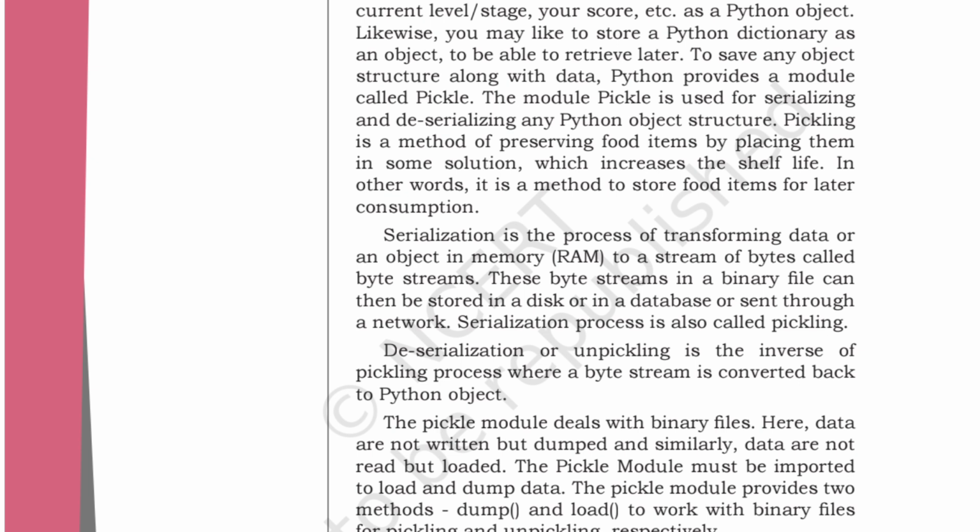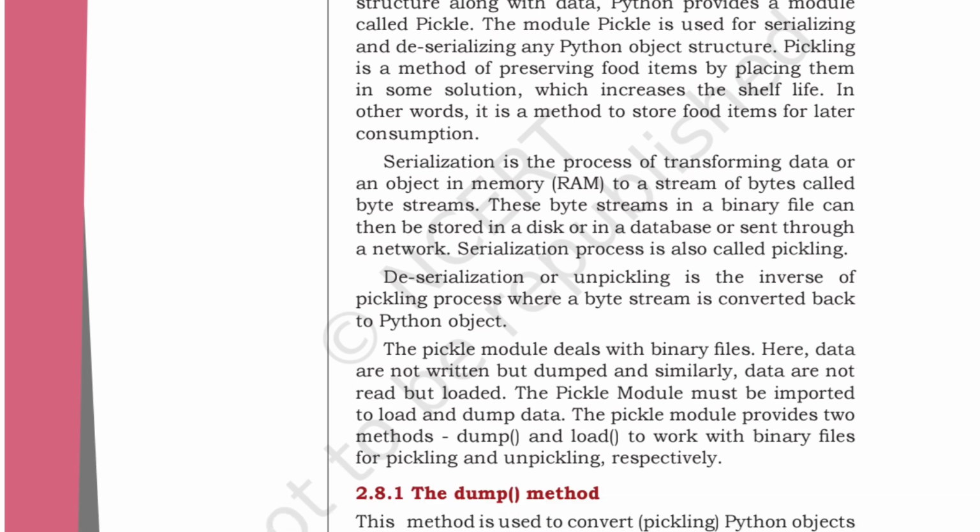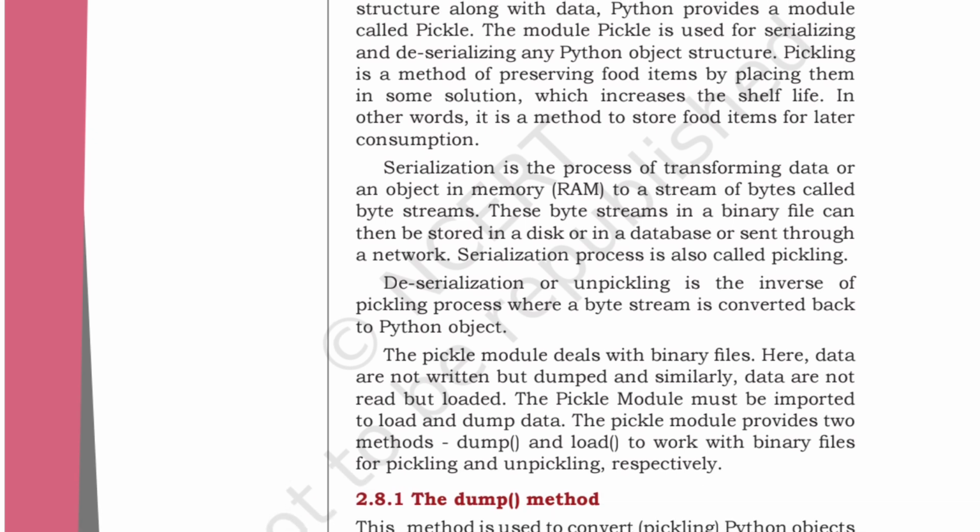a byte stream. Okay, streaming means what? Flowing the data. So that will be in the temporary memory, and we are transferring that data, or we can say that object in the memory, to the stream of bytes called a byte stream. This byte stream in the binary file can then be stored in the disk, or in the database through the